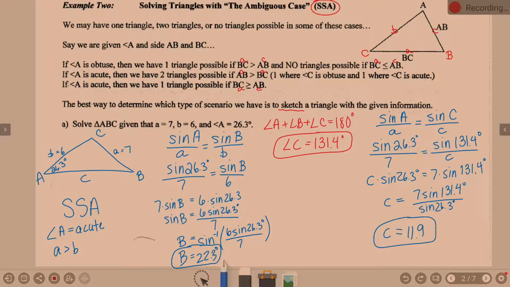Sorry, no, I didn't go punch it on my calculator, but I'm not as concerned at this point. That was the easy type, right? Now, if your calculator's not giving you 11.9, let's do double checking and figure out why. Actually, I'm getting 11.85. But you rounded appropriately. Okay, so this was a scenario where angle A was acute and that side was bigger than the opposing side. So this is the one we looked at right here. Now we're going to go on to